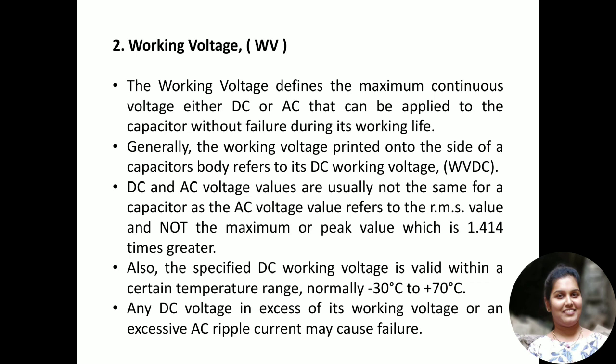voltage. The common working DC voltages are generally 10 volts, 16, 25, 35, 50, 63, 100, 160, 250, 400 and 1000 volts. These are the common DC voltages that we can see on the body of the capacitor. So this is all about the working voltage. It is an important point, because if you operate a capacitor without knowing its working voltage, it may cause complete damage to the capacitor.